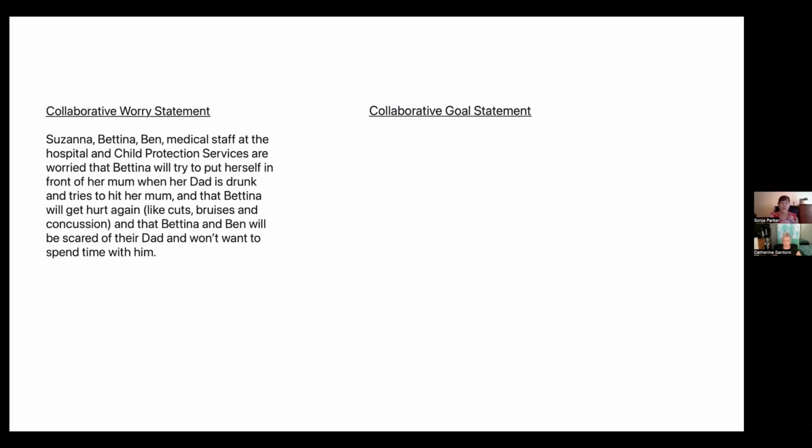So we're going to use the whiteboard now as we work to develop the goal statement. I'm going to be the worker, and Kath's going to be Susanna, the mum. We've got the worry statement up that we developed collaboratively. So this is the mum's view, the kids' views, the medical staff at the hospital, and Child Protection Services' views